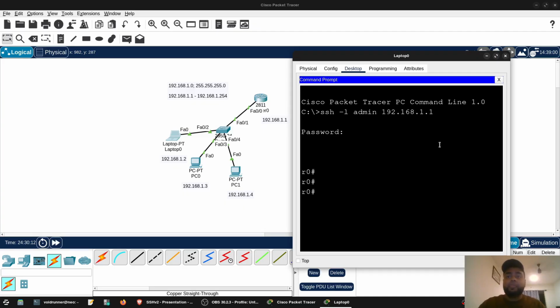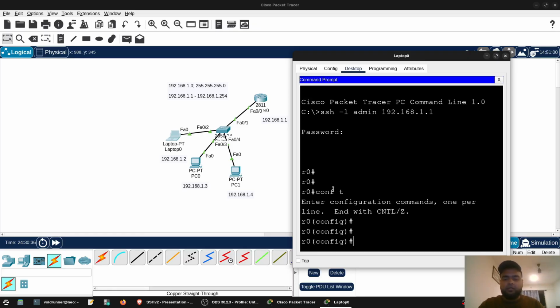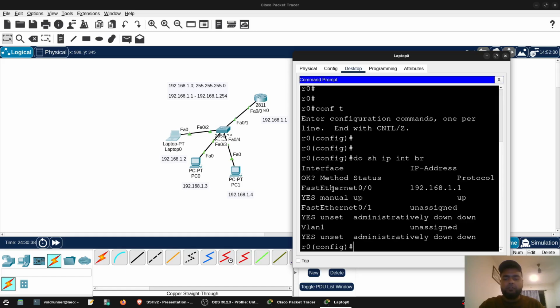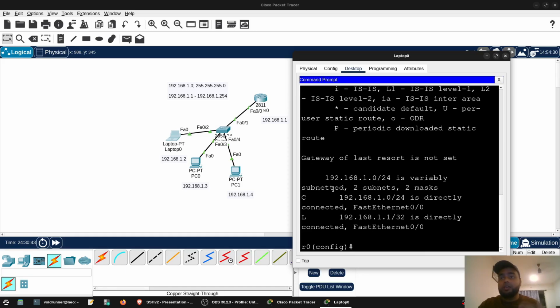And as you can see that as soon as I type the password admin@123, I have logged into the router's CLI. Okay, and you can see I've directly logged into the privilege execution mode, because my privilege level was 15 for this user admin. The privilege level was 15, and that's the reason we have directly logged into the privilege execution mode. I can run the commands over here, conf t, I can run do show ip interface brief, I can run do show ip route, I can run any command I want now directly from my laptop, okay, on this